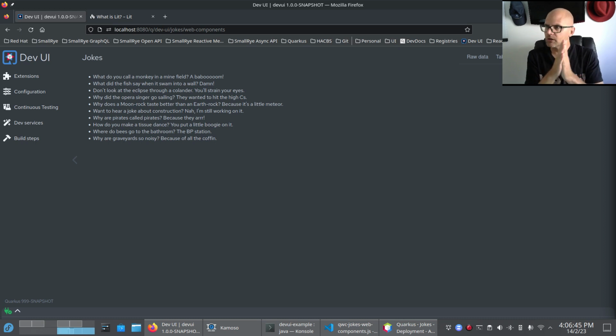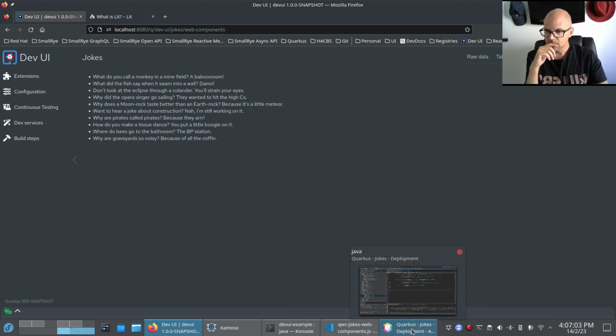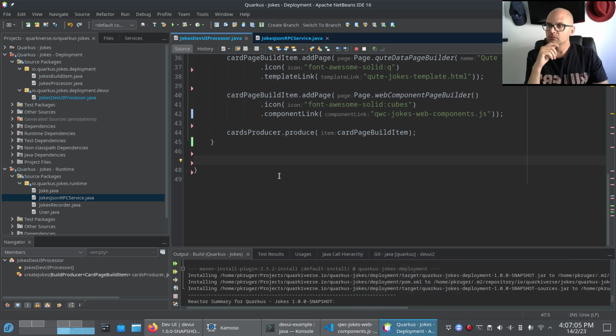Okay, next we want to look at runtime data. So we've shown how to display build time data like we've done here. Now let's see if we can add a link here that fetches more jokes at runtime. The first thing that we need to note here is that the new Dev UI is not reloading web